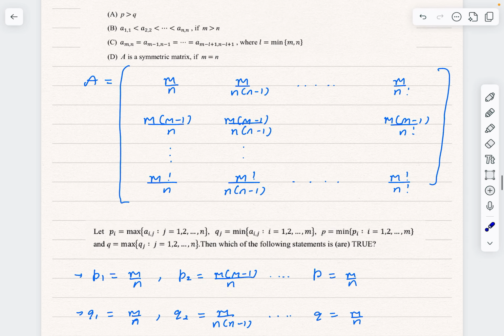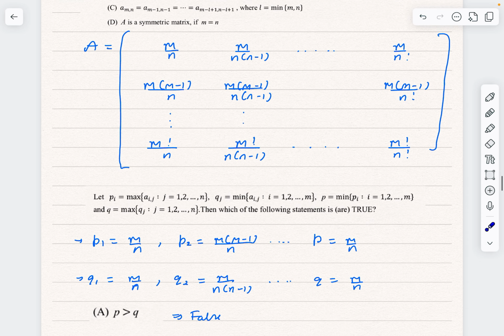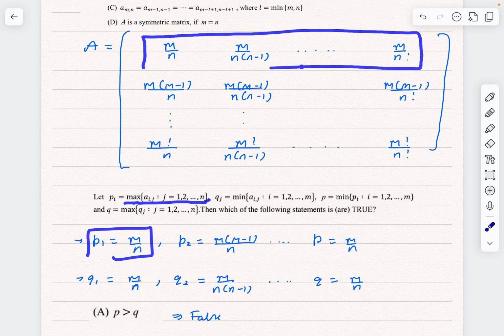Now what are they saying now? Pi is maximum of aij when j goes from 1 to n. So basically means in the ith row we are finding the maximum element. We're finding the maximum element of ith row because i is fixed, j is moving. So P1 will be maximum element of first row. You can see maximum element of first row will be the first element only